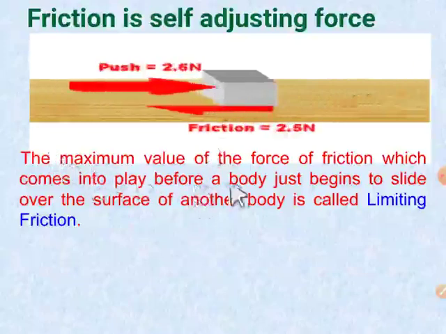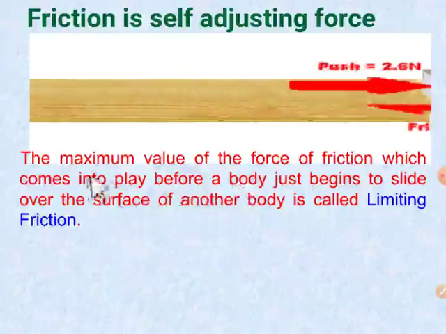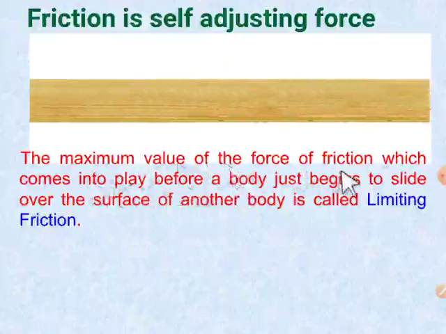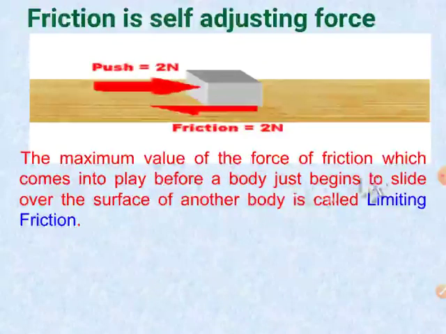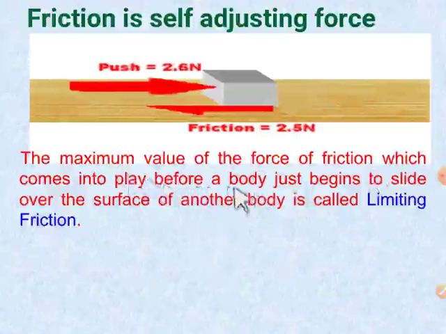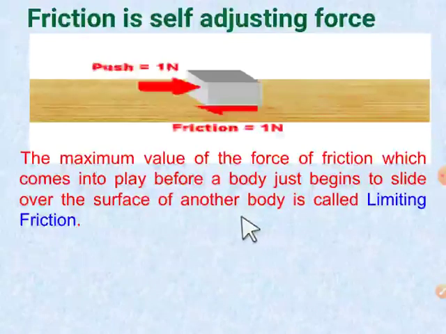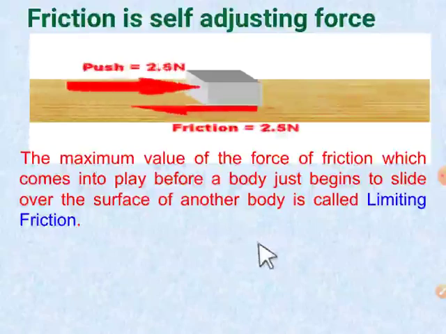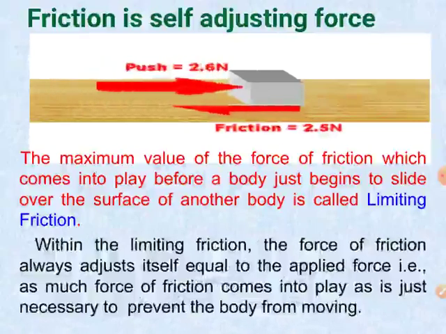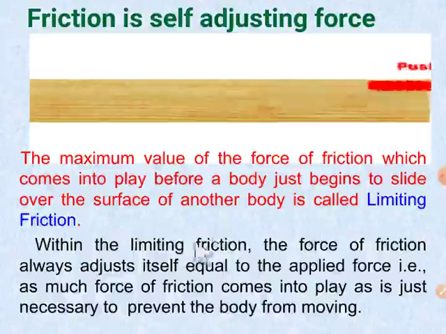So that is also given here in the definition. The maximum value of force of friction, rather the static force of friction, which comes into play before a body just begins to slide over the surface of another body, is called limiting friction. Got it? Let's see. So within this limiting friction,